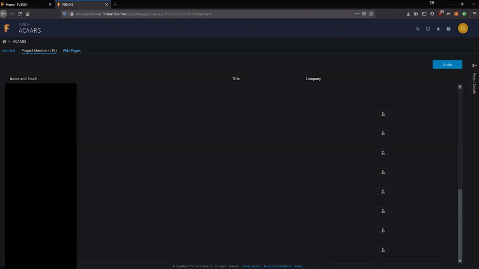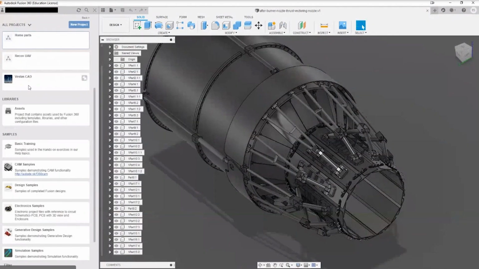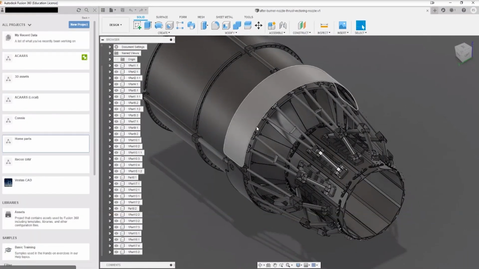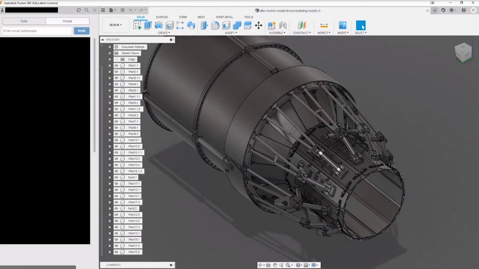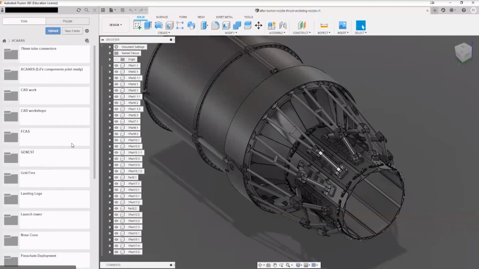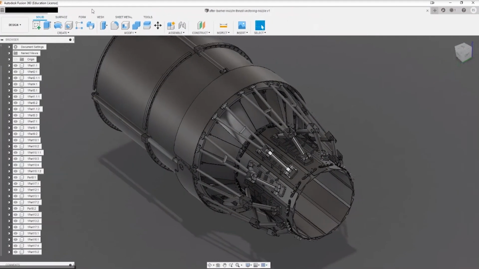Again, I'll explain why it's important to know this aspect of it, because it'll stop you from tearing your hair out once you run into a few issues. And then on the side of the actual desktop client, if we go into the same folder from last year, you can see you can invite people through here as well. So these are all the people that have contributed to the project, so they'll be able to see all of these components. All right. Okay, so now that we've gotten the interface out of the way,